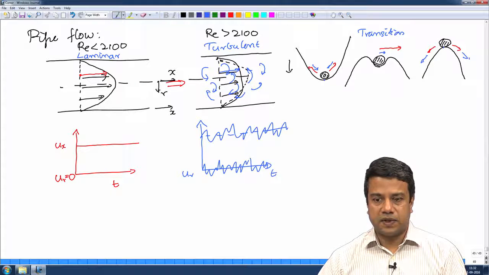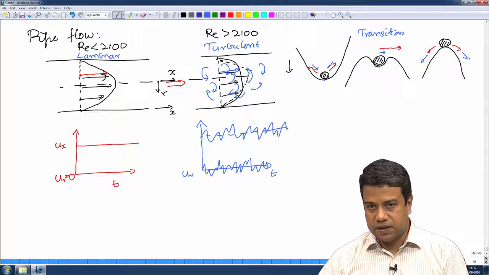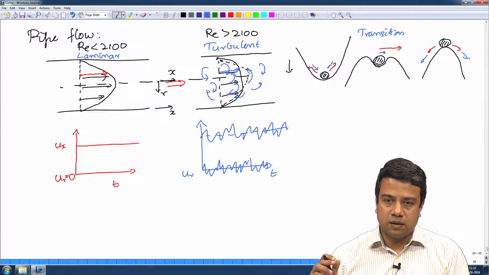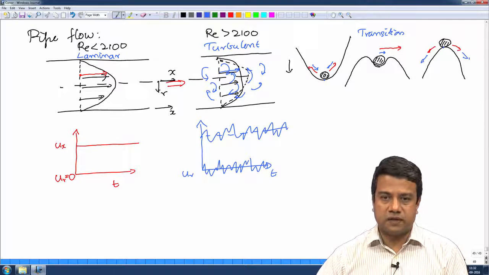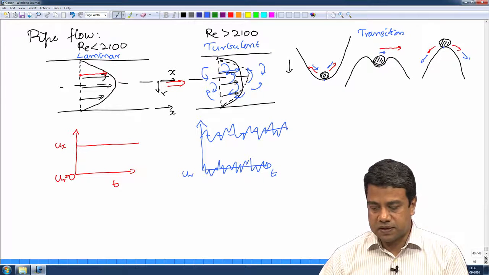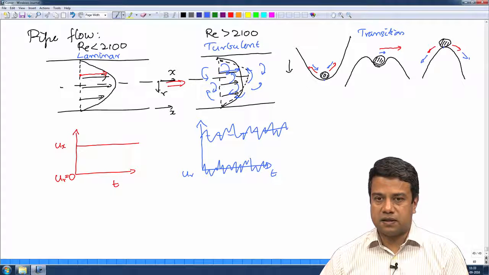And the transport of mass, momentum and energy takes place due to these turbulent eddies rather than due to the diffusion due to the molecular velocity fluctuations. So, primarily the transport takes place due to turbulence, due to the turbulent velocity fluctuations, and not due to the molecular velocity fluctuations. For this reason, the rate of transport in a turbulent flow is much higher than it is in a laminar